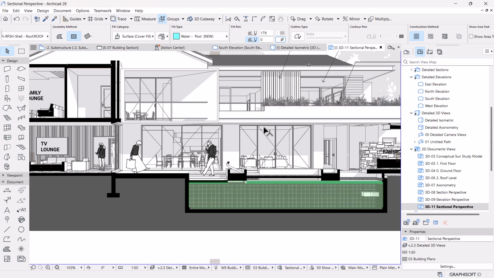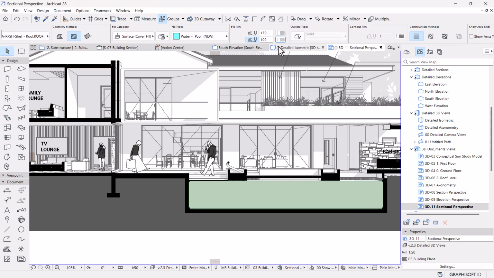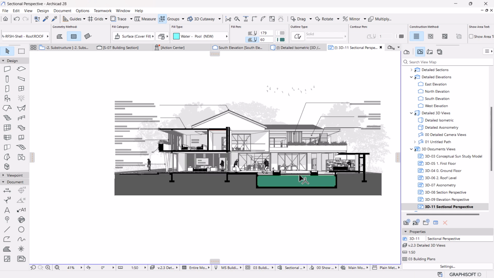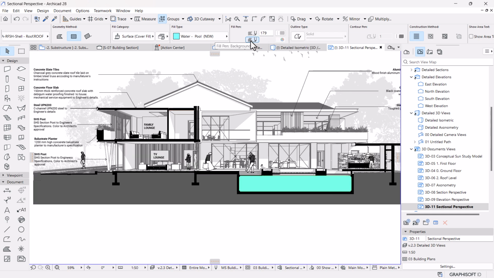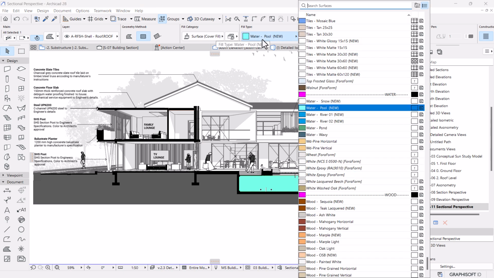Maybe, no way. I don't have a blue color here because I feel that color is too strong. The blue. Maybe change it to another water. Maybe something like this. Okay,